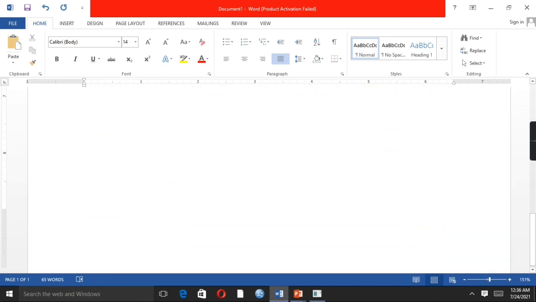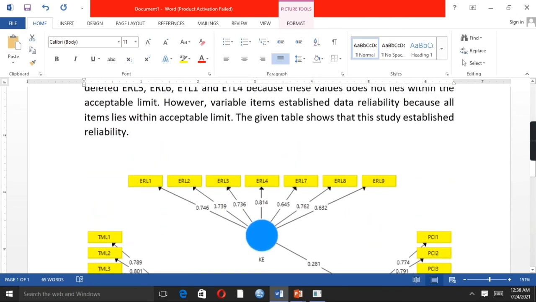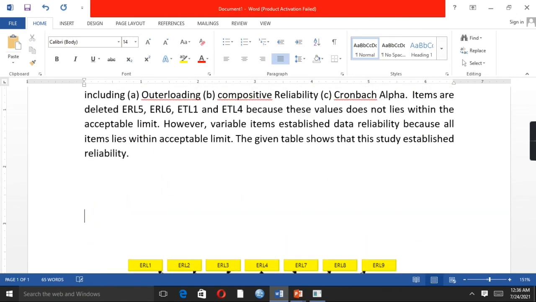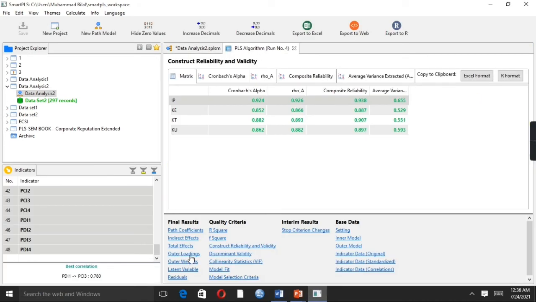So have a look. Now we need to copy and paste table values as well. So here we are. The first one is outer loading.